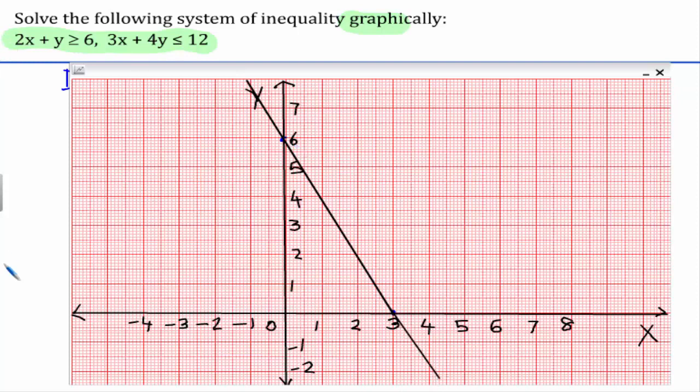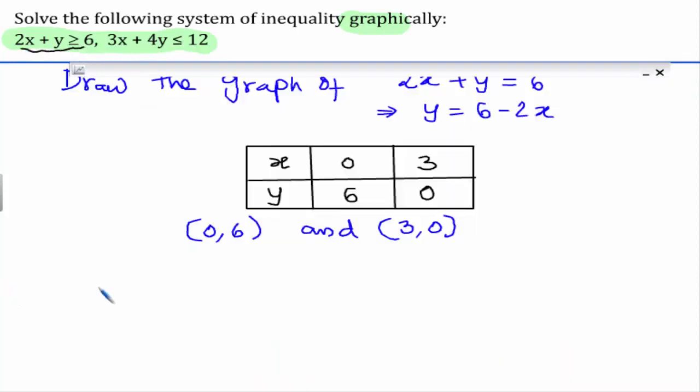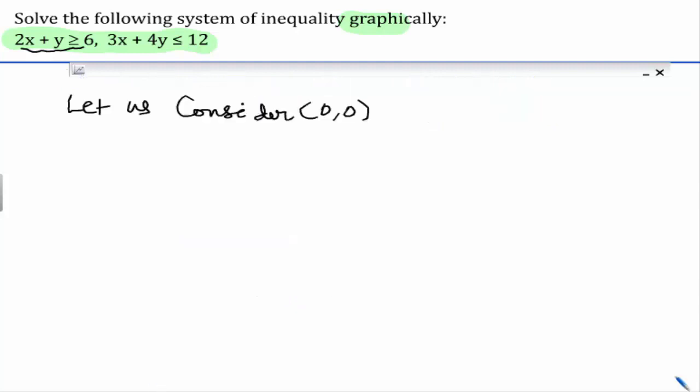Here is a line which is dividing the plane into 2 equal parts. Now we have to select the region which is represented by the inequality. Here let us select the point which is 0, 0 and substitute into the inequality. The inequality is 2x plus y is greater than or equal to 6, and if I substitute into that, I